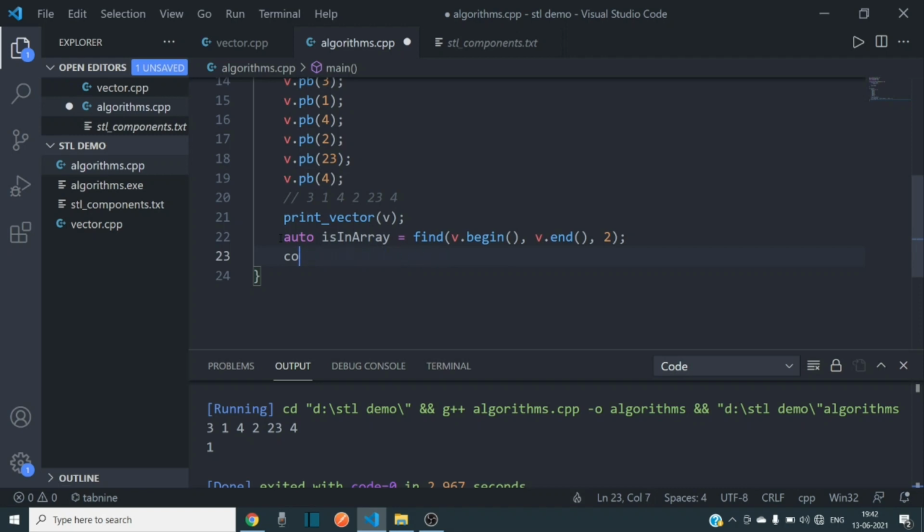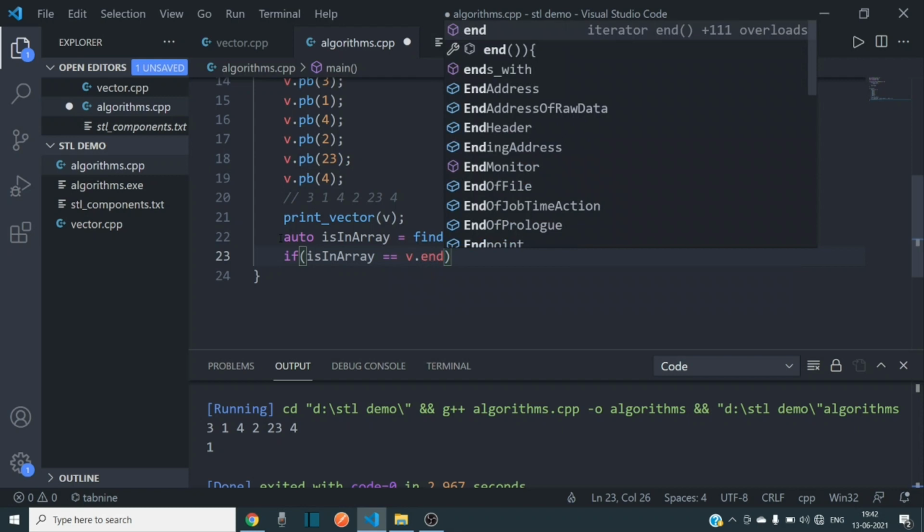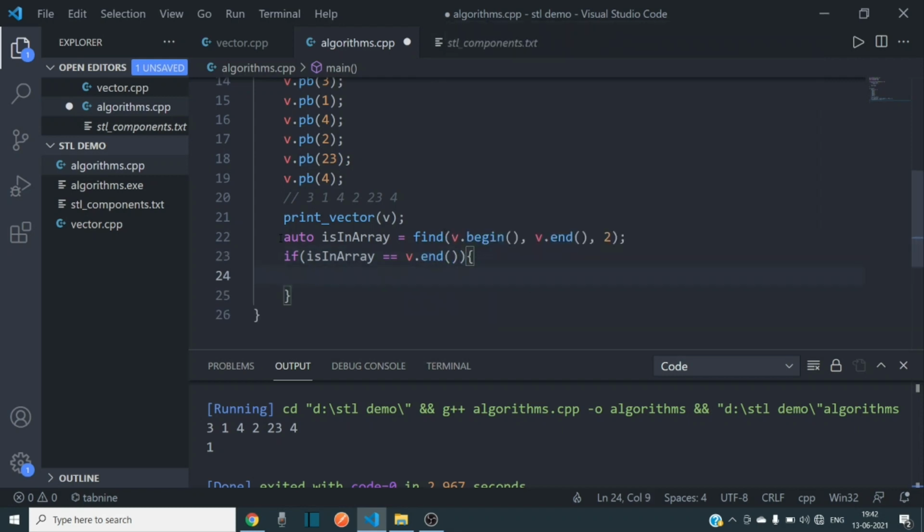If an element is found, it would return the iterator to that element, else it will return v.end. So what we can check is that if is_in_arr is equal to v.end, that means it has searched the array but it was not found, then we can write not found.